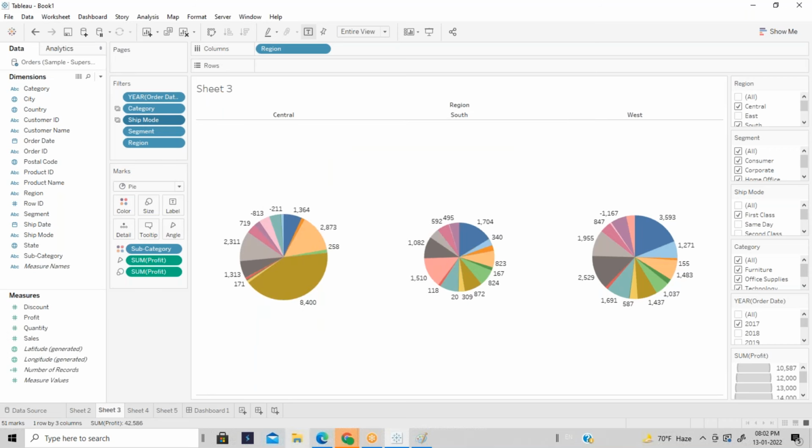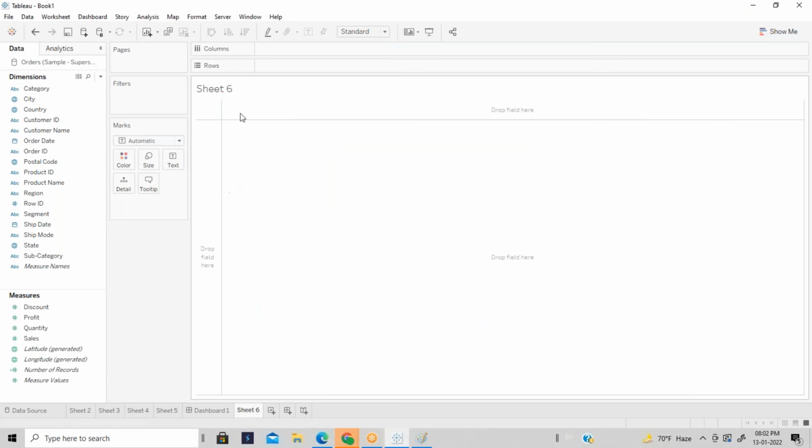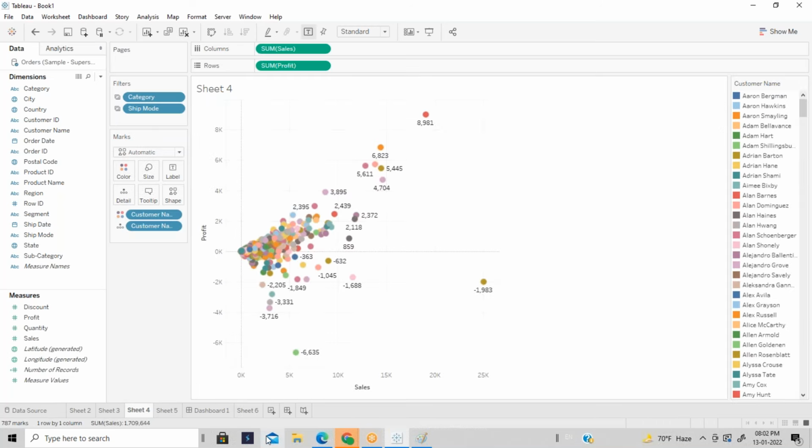Okay, like this. But in case tomorrow, if you are adding another dashboard, sorry, not dashboard. So tomorrow, maybe you are adding another sheet. So that sheet also should apply the same filter. Again, you have to go and select that, right?